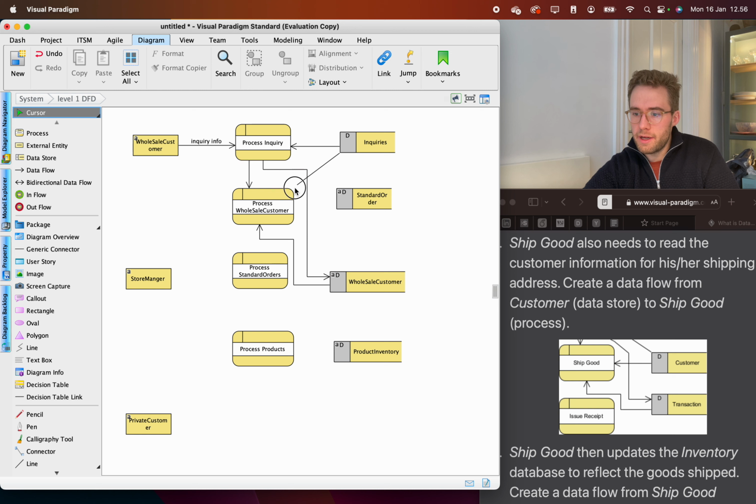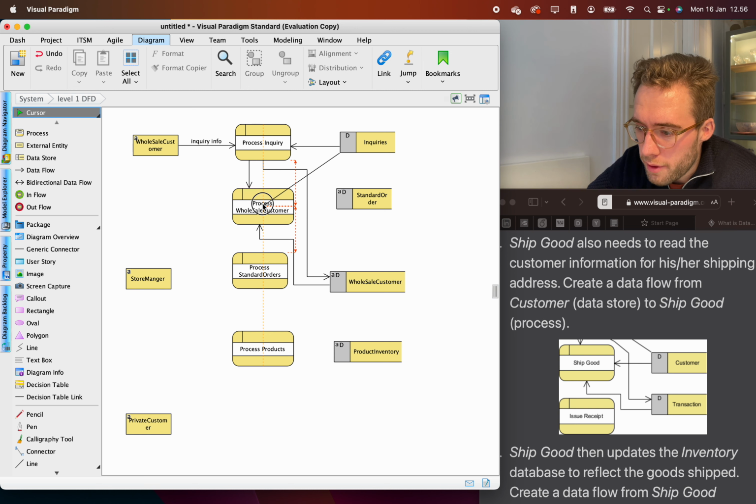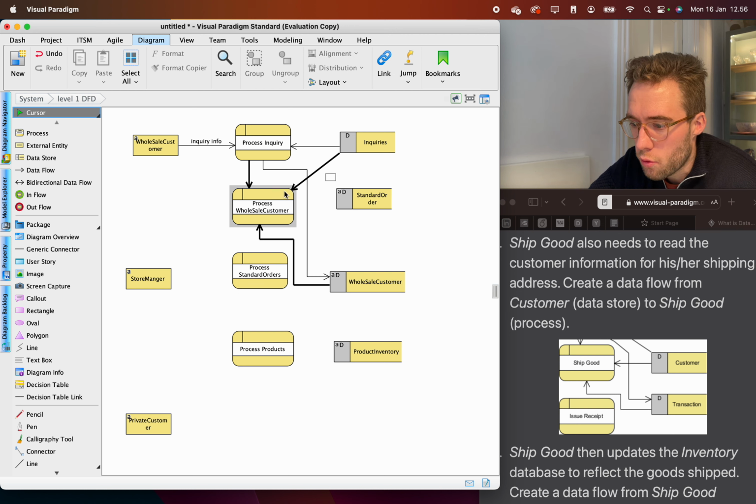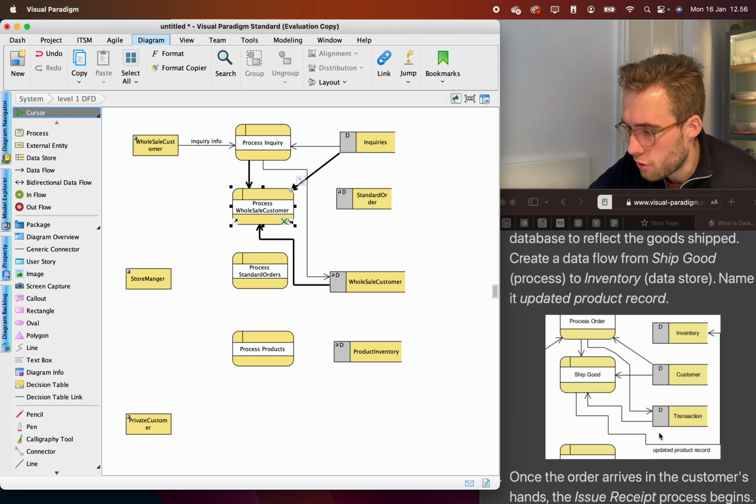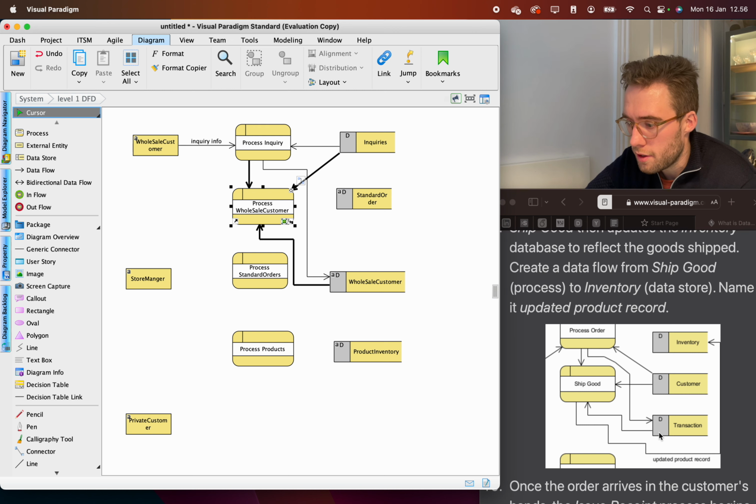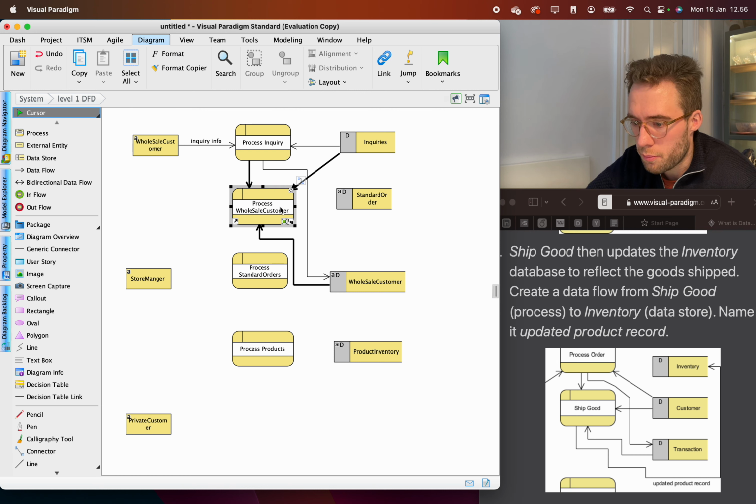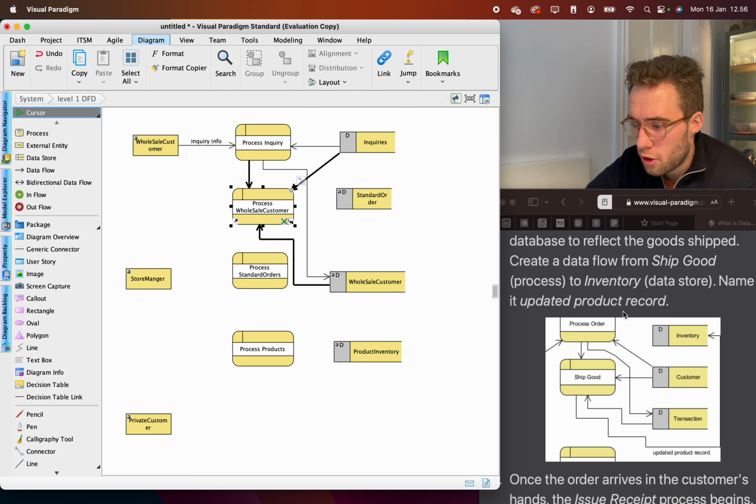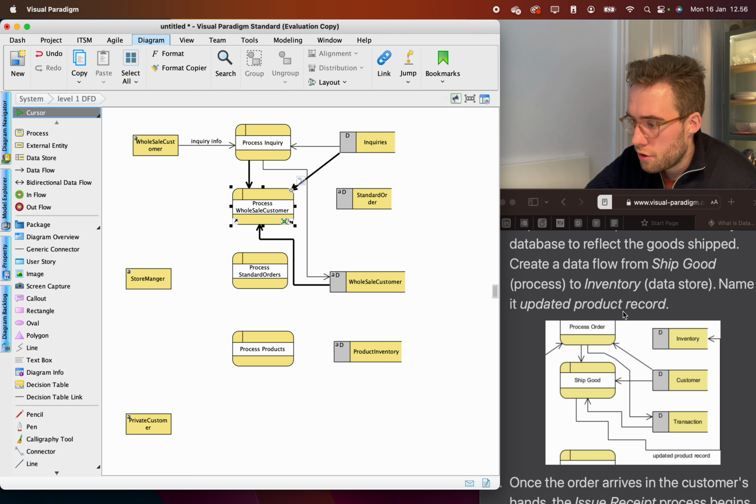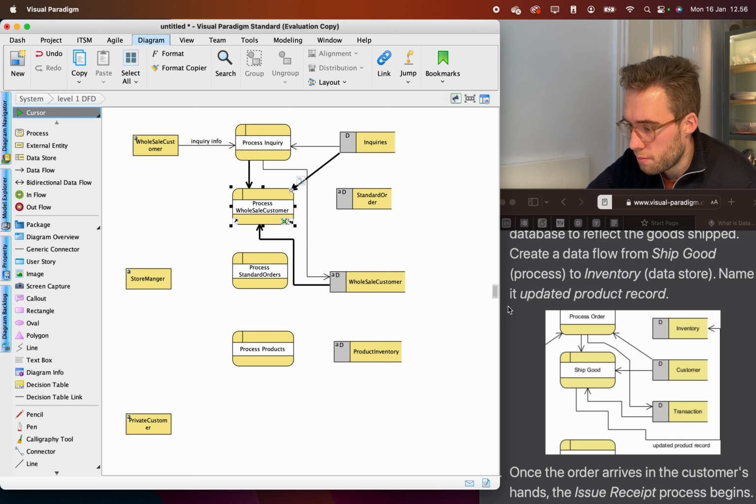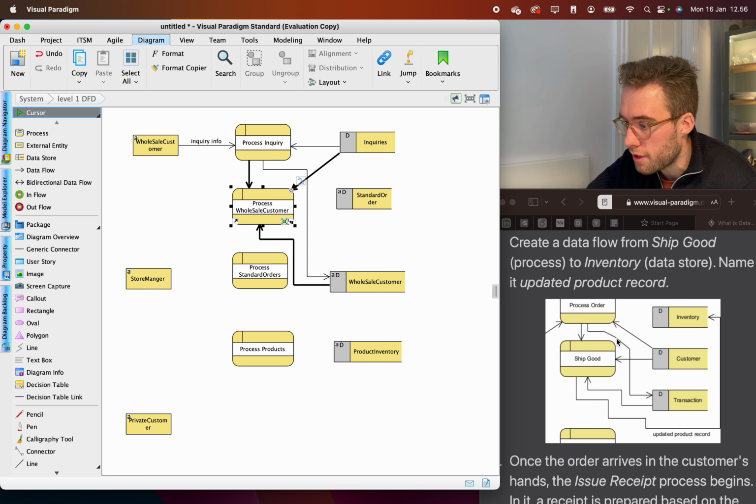Okay, good. We also need to make an arrow here, because when the inquiry for the wholesale customer is created, we need to read the inquiry also. Yeah, we get this, and perfect. Ship good then updates the inventory database to reflect the goods shipped. So our process wholesale customer updates the wholesale customer database to reflect the created wholesale customer. So we continue the data flow diagram here